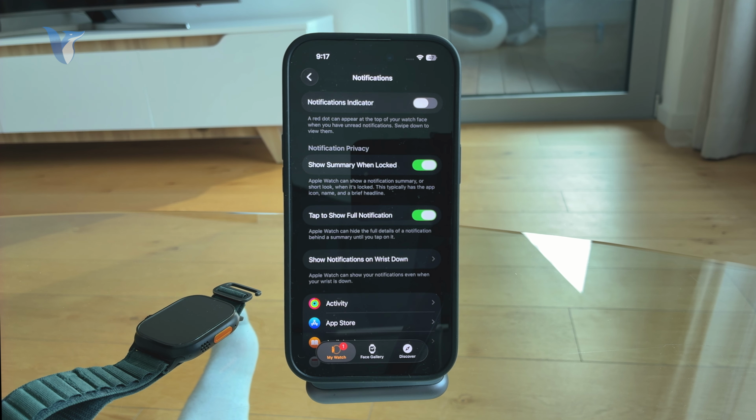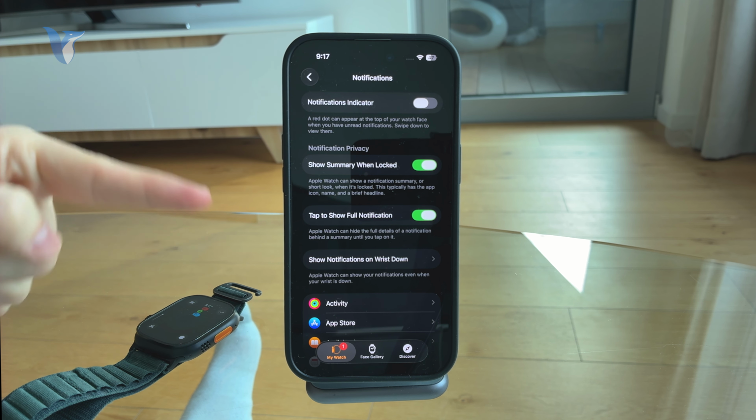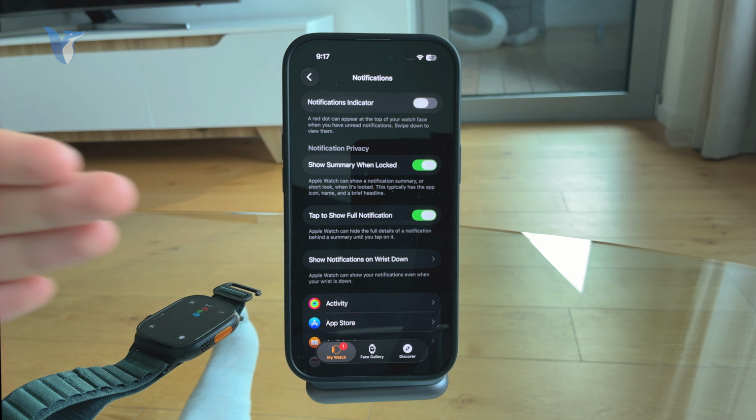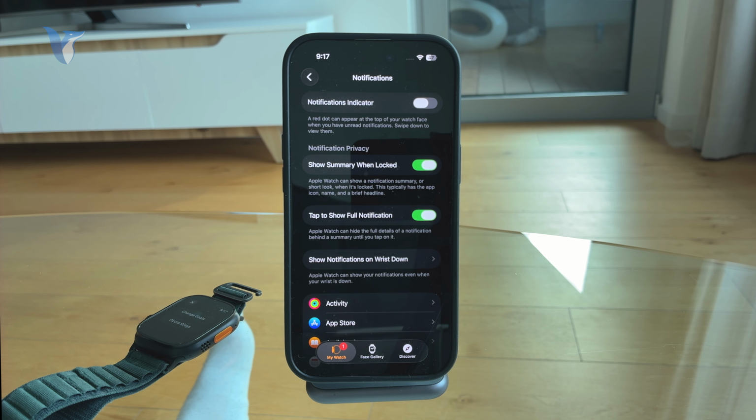If you enable that, the next time you receive a notification, which might be a text message or anything else, you will see it on your wrist, but it's not going to show any content or preview of that message unless you actually tap on it with your finger to confirm it, and then it's going to show you the additional information about it, right? So it doesn't share or show it to anyone around you. So it's very useful. That's probably the exact thing that you had in mind,